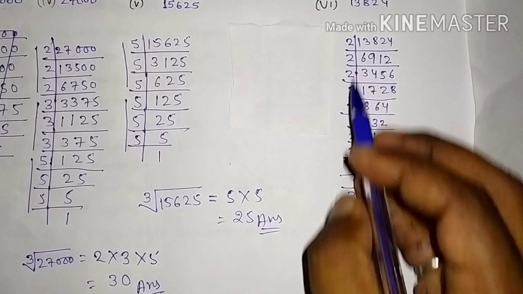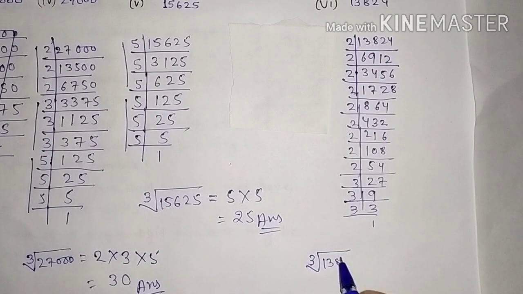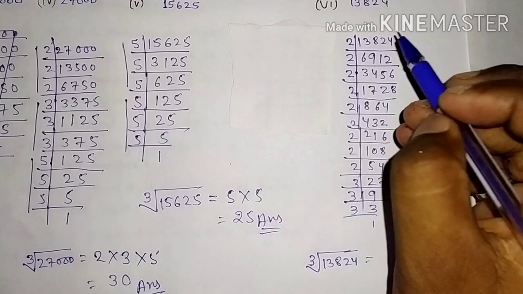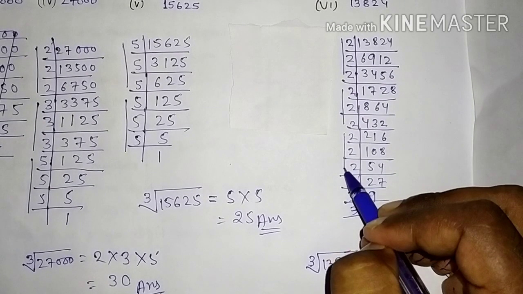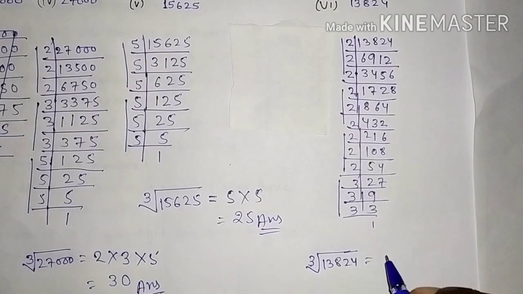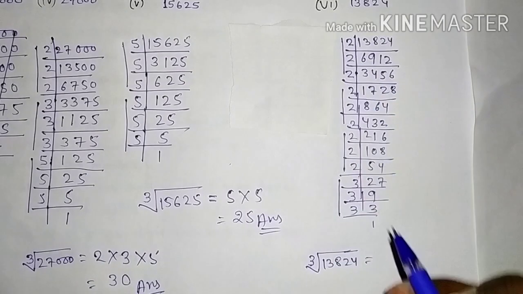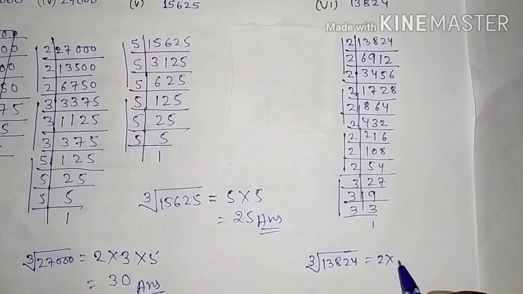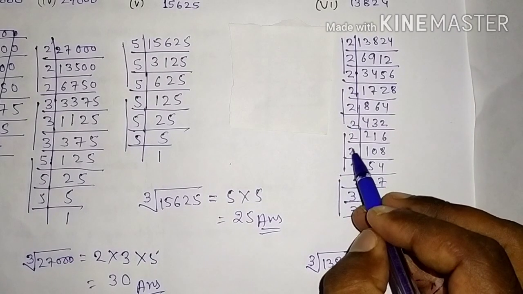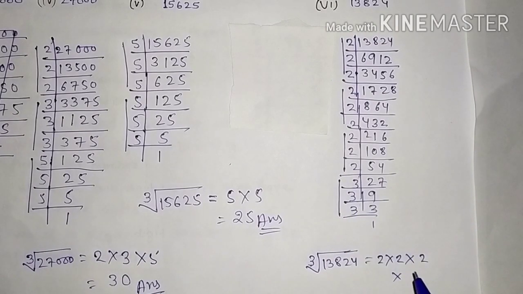Now these are the prime factors of this number. So here we have to find the cube root of 13824. We know that we have to make triplets here. So this is the first triplet, this is the second triplet, this is the third triplet, and this is the fourth triplet. Now take one number from each triplet. In the first triplet we can take 2, in the second triplet we can take 2 also, in the third triplet we can take 2, and in the last triplet, that is 3, we can take here.